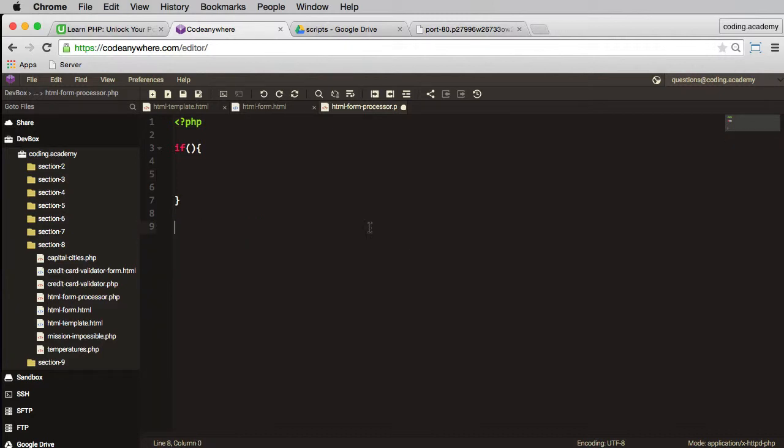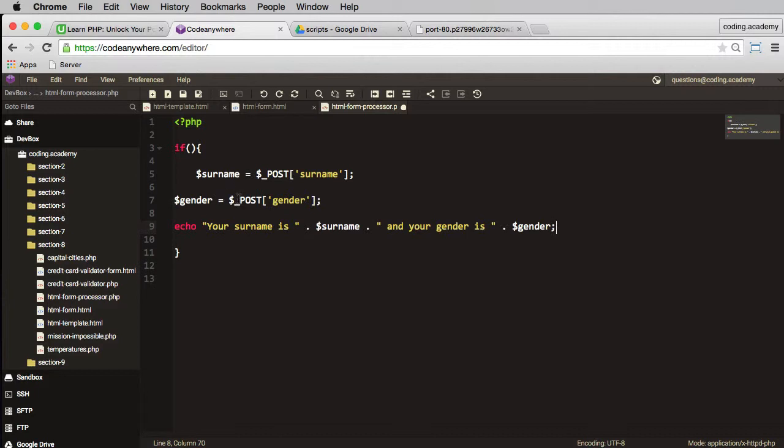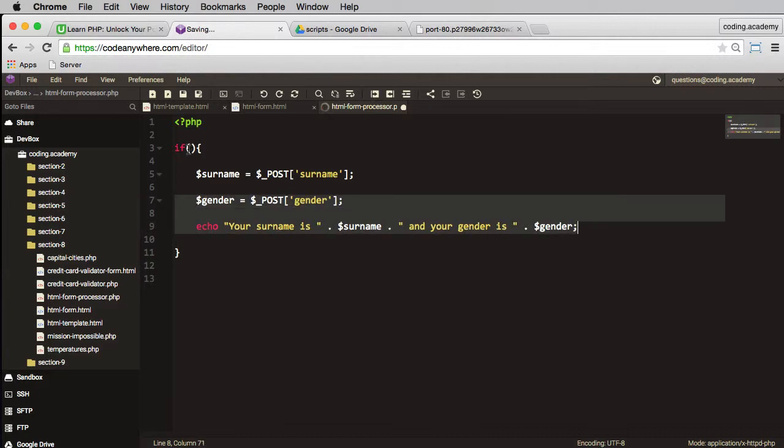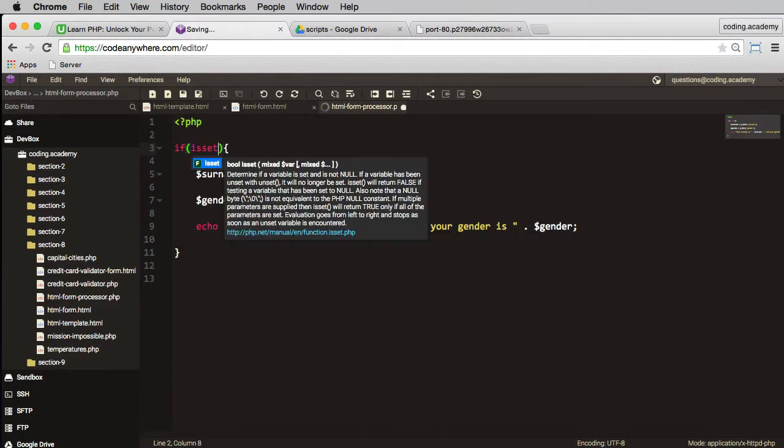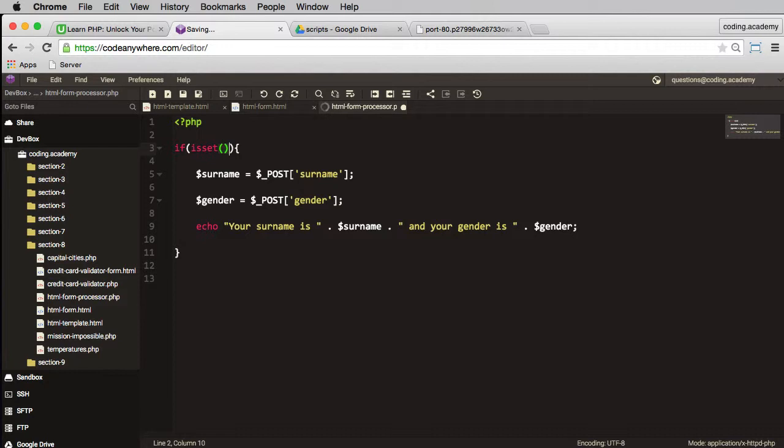So let me cut that and we'll paste it in here. We'll just indent that. And the test we're going to do is we're going to test if the submit button has been pressed. There are other tests we could perform as well, but we'll keep it fairly straightforward for the time being. So if isset, and then round brackets. So we're going to test if something has been set. And in here, what we want to test is